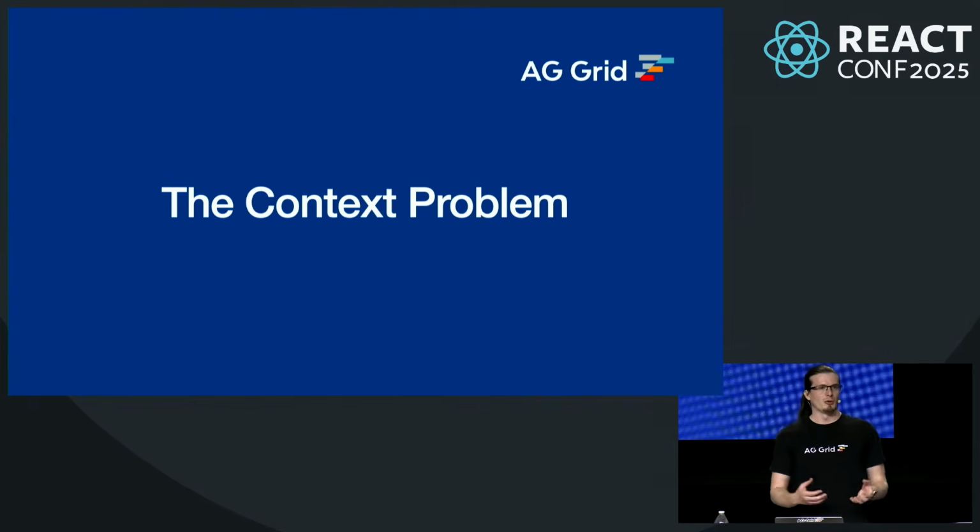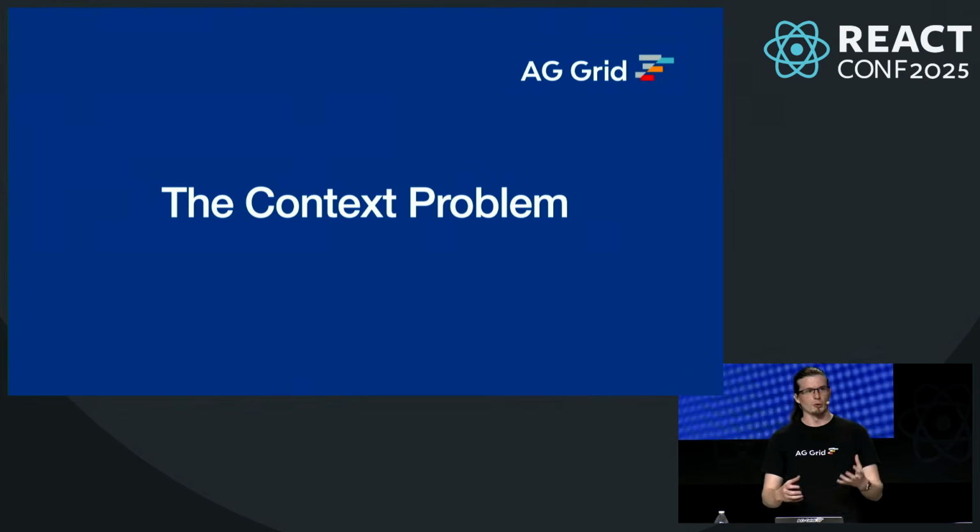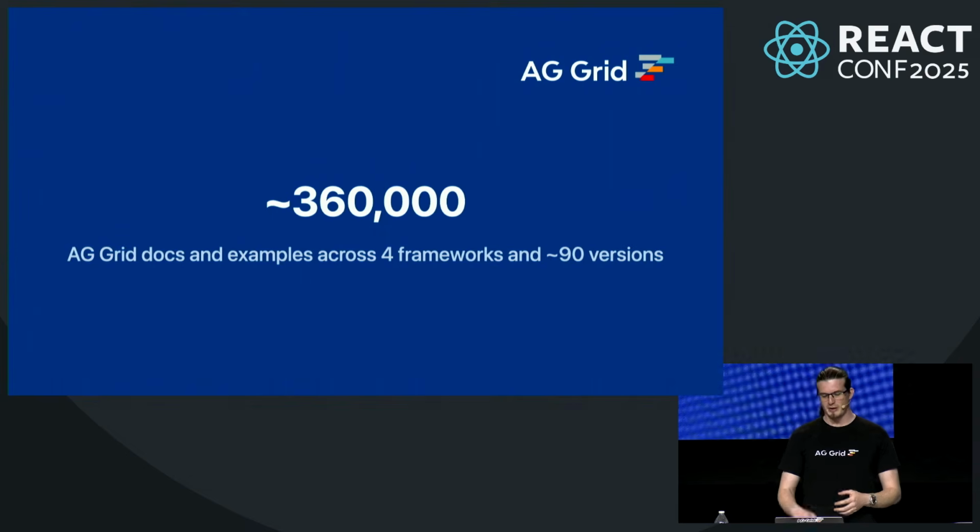So before we jump straight into MCPs, what they are and how they work, I kind of want to start with the problem that MCPs are designed to solve. I'm going to call this the context problem, and I think Ken alluded to it in the AI panel earlier as context rot. So just to give you a bit more context about the context problem,